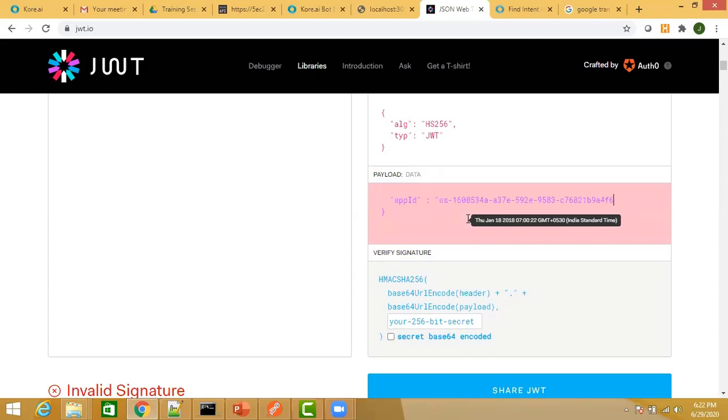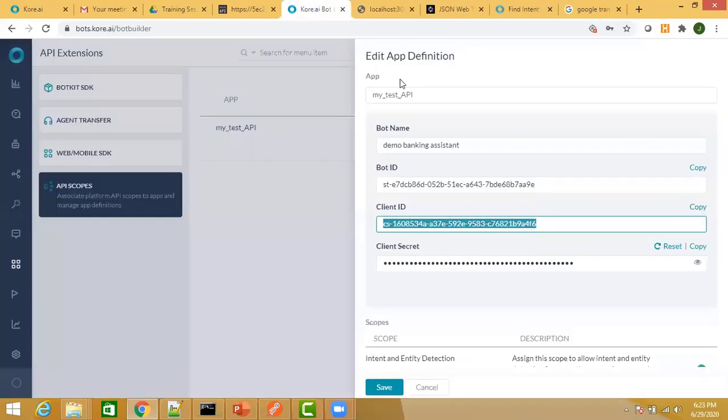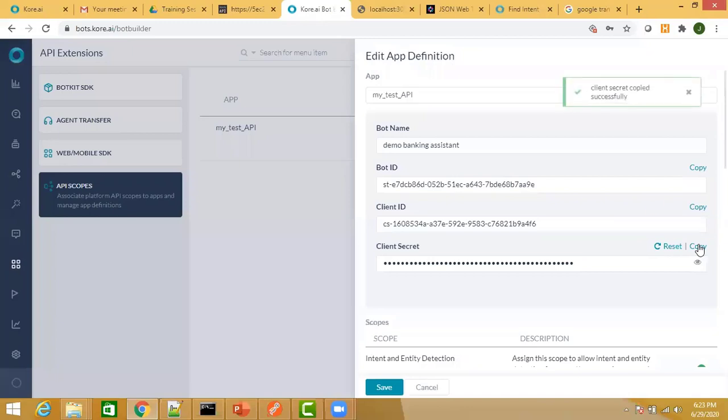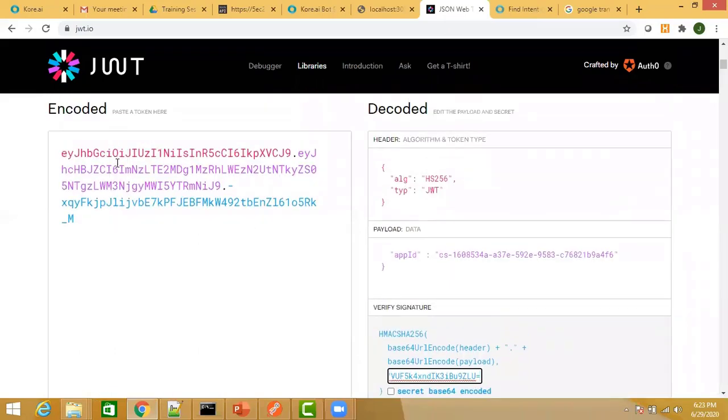Okay, so this is my client ID. Okay, similarly, whatever is your client secret, you need to specify that over here. So come here, copy your client secret, come back here and paste your client secret over here. Okay, so that will give you a JWT. That will give you your token that you can use in your API calls.